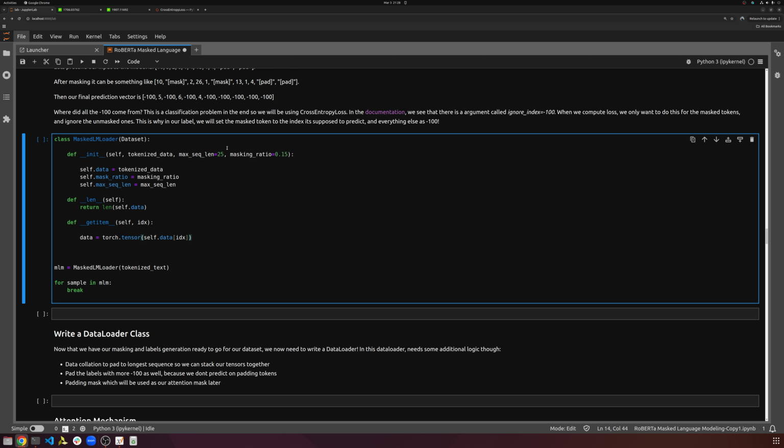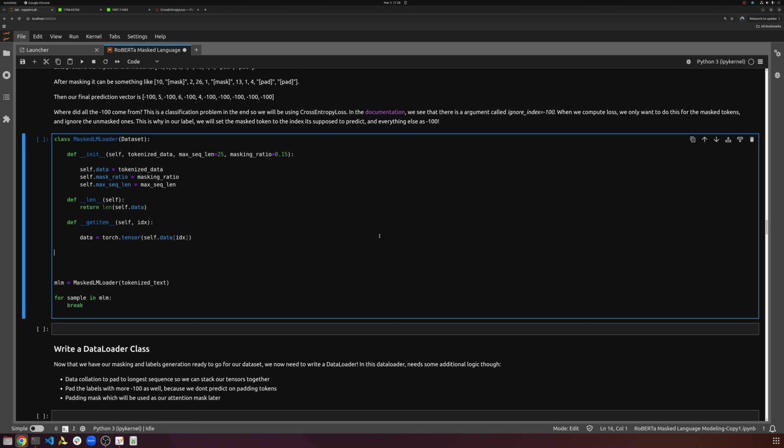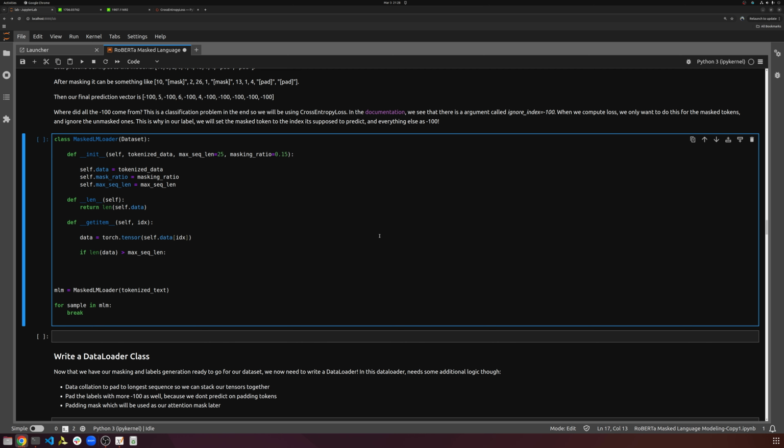There are a couple of things we can do. We can say if it's longer, just take the first 25 tokens or the last 25 tokens. Or we can grab a random slice of 25. For example, if we have 100 tokens and only want 25, we can grab any 25 consecutive tokens. The easiest way is to sample a random starting point and go from there. So if len data is greater than max sequence len, meaning we have more tokens than we want, we pick a rand start index randomly, using random.choice, with the C, list range len